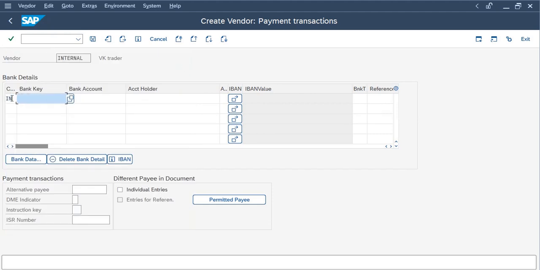The bank key, bank account, and account holder will all be provided by the vendor. Let me just write this. The bank key is like the IFSC code and our branch code. All this information will be provided by our vendor. Here you can type the bank account number and account holder name,